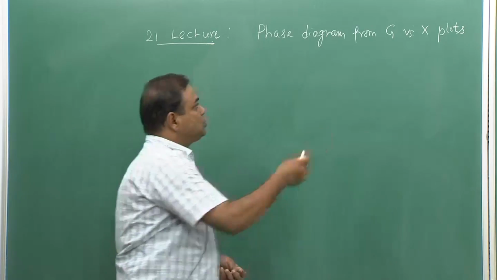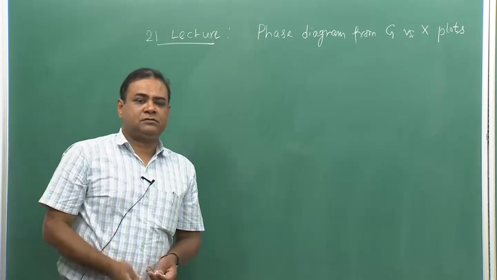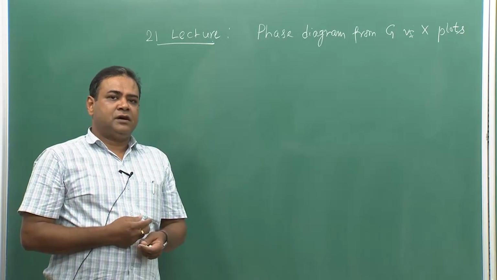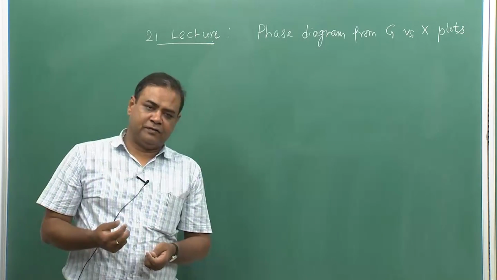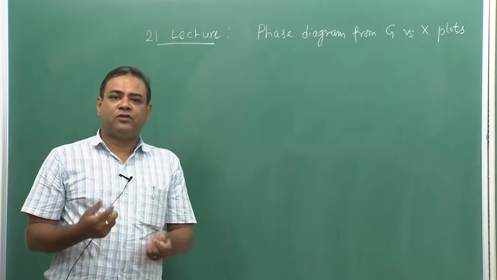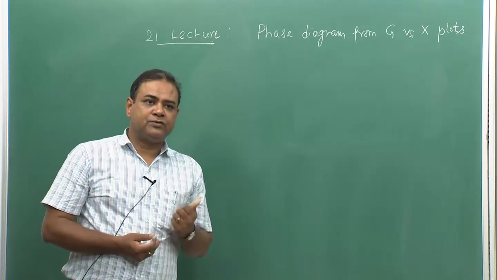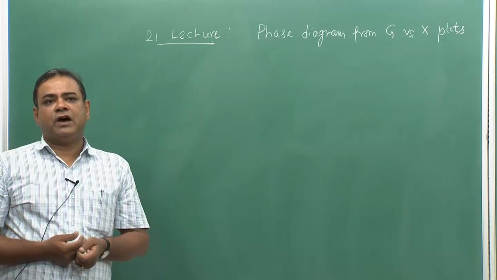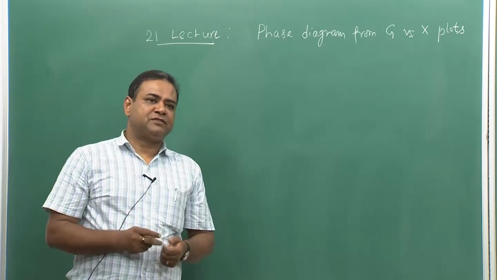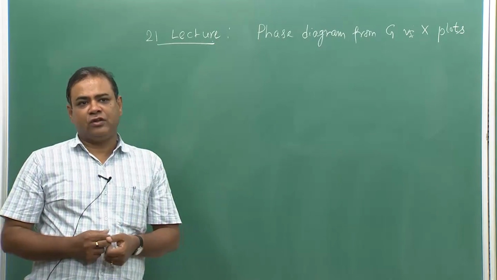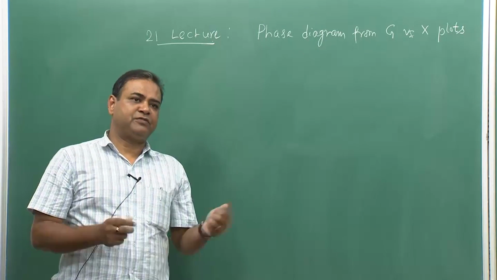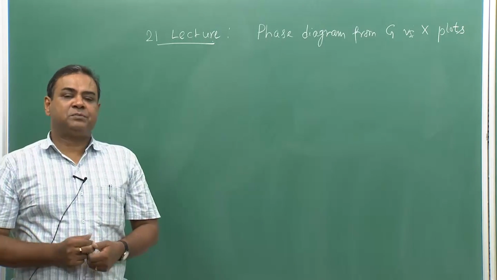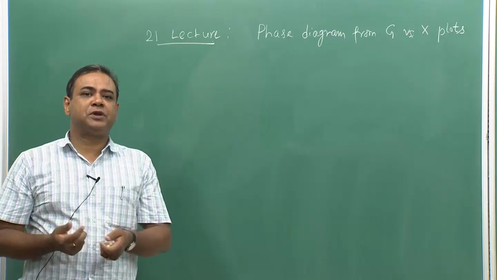Now, in the last two lectures we have talked about phase diagrams, and we have also seen different kinds of phase diagrams in case of solid to liquid transformation, and in case of solid to solid transformation. In case of solid to liquid, we have taken the example of an isomorphous system where both the components are completely miscible in liquid as well as in solid over the entire composition range from 0 to 100%. And the second one we have talked about is the eutectic system, which is also about liquid to solid